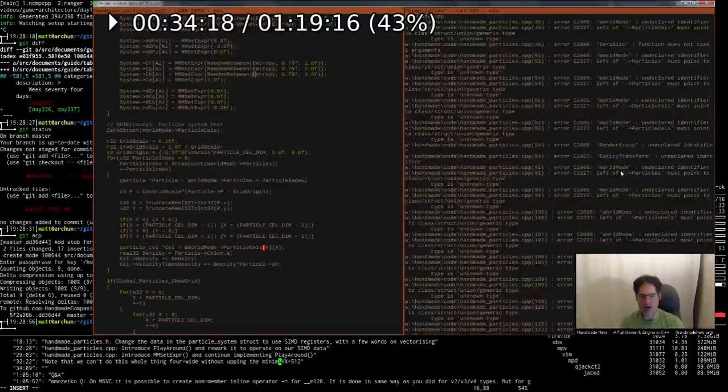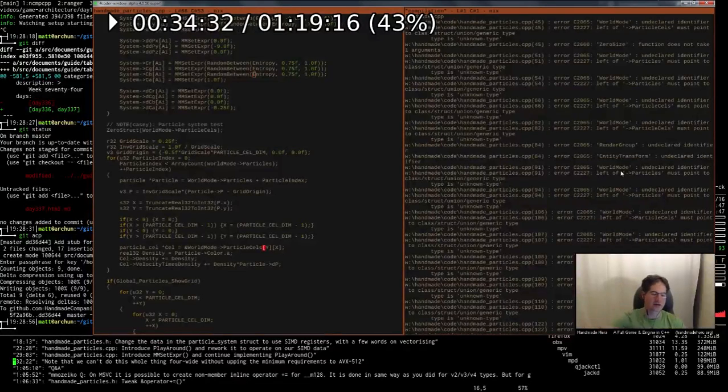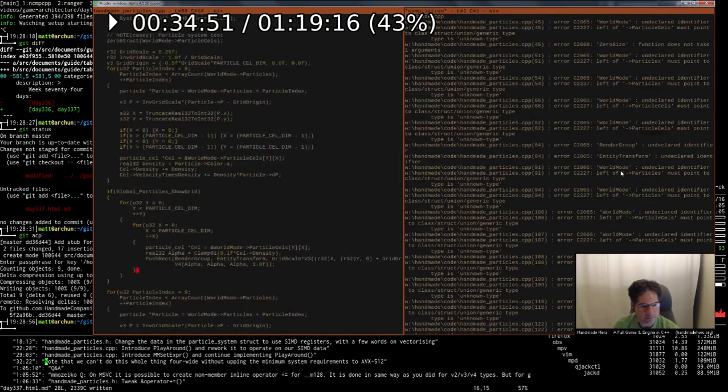For things for wide, right? So that way you didn't constantly have to downshift every time you were going to work on something that happened to look up into a texture or a grid or whatever, where each lane was going to want a different location. There's no real reason why that has to downshift, right? Because you can always do your memory ops for wide. It's just the Intel instruction set didn't have wide memory ops or anything like that, for wide fetch. So there you go. Anyway,